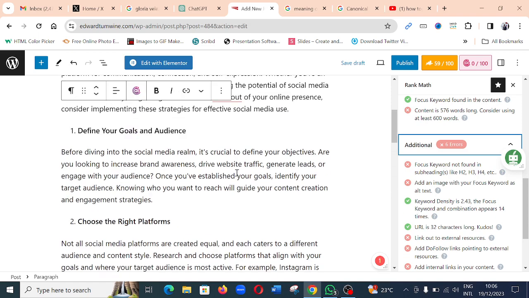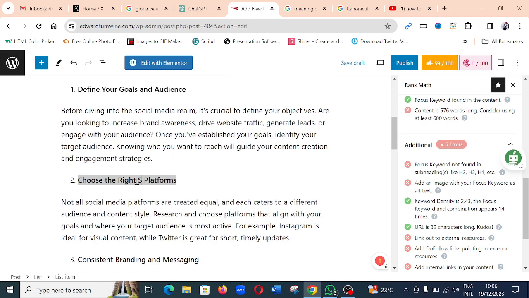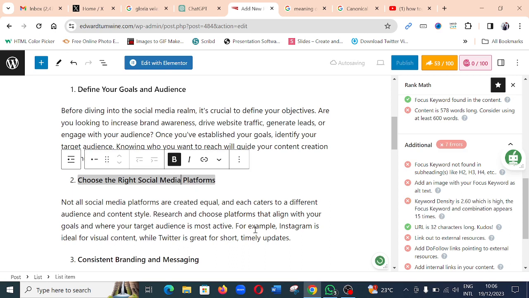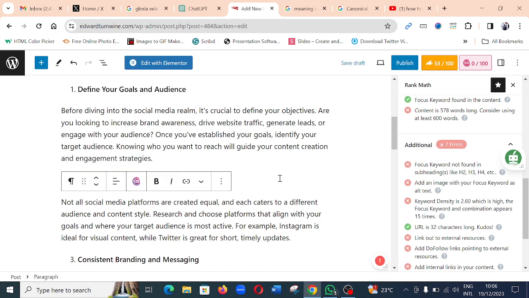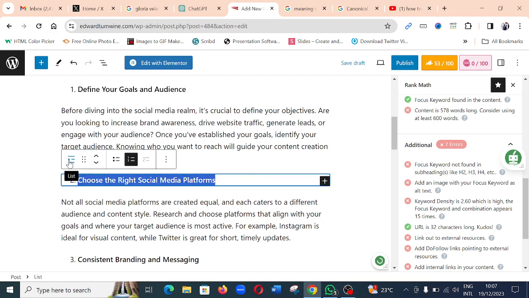Okay, so for example, in one of the subheadings here, I can add, maybe write, social media, so that at least it appears in one heading. Okay, so I think I needed to at least make this a subheading so that it can be able to read it. Right now it's still like a paragraph list, so I want to make it a subheading so that it's able to